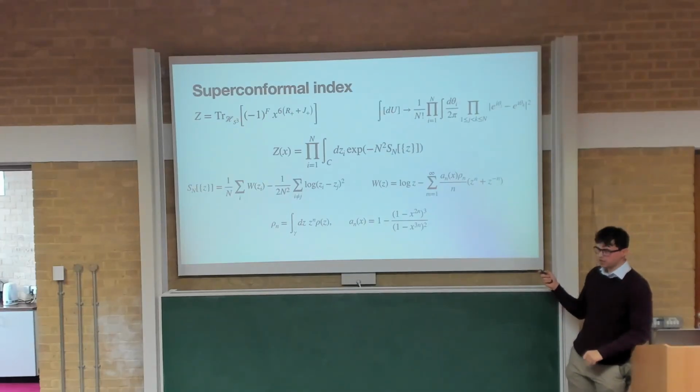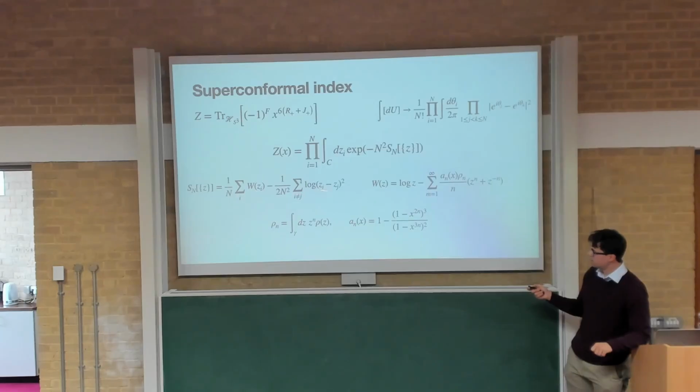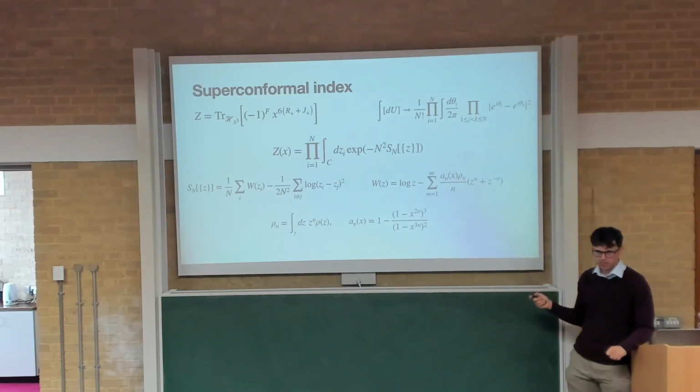So the crucial part here is that instead of integrating over the gauge group, we turn it into an integral over the eigenvalues, and that gives us a Vandermonde determinant. And it leads eventually to an expression for the index, which we can write in this form with something in the exponent, which comes from the Vandermonde determinant, and it looks very amenable to doing saddle point analysis.